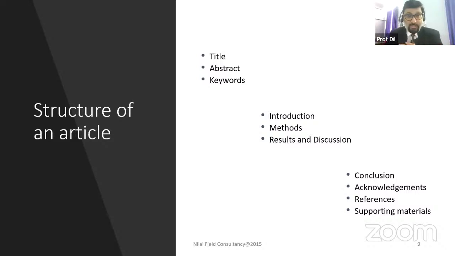Start with a beautiful title. I'll tell you how to write it. That is the next portion coming up. And I'll be telling you how to write an abstract, how to write keywords, how to write introduction, how to write methods, how to write results and discussion sections properly, how to write implications, and what pattern of conclusions you can follow, and then connect it to limitations and future scope of the study. Acknowledge, if you want to acknowledge, that also to be very careful.